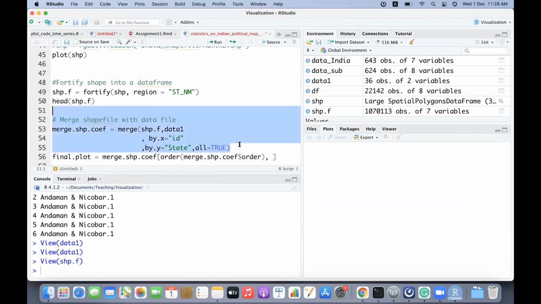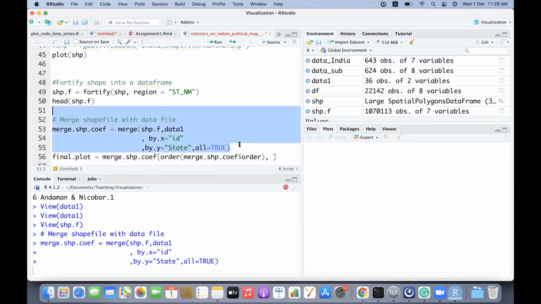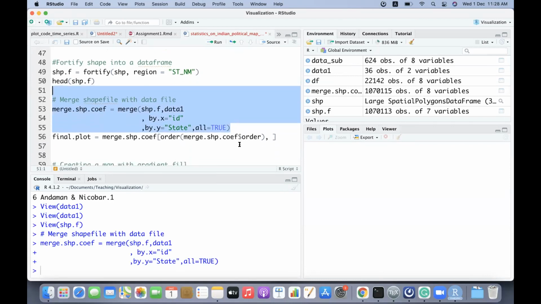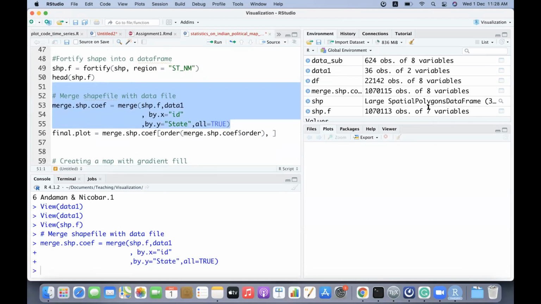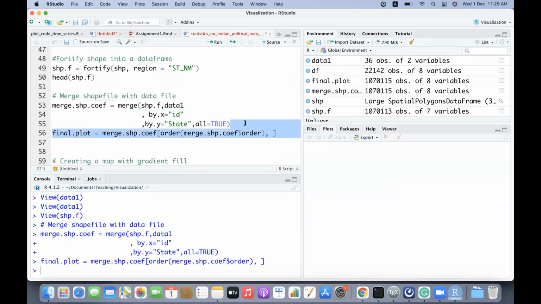If I just do that, it is being merged. You can see that it has 7 variables. The 8th variable is the new column, the number of statistics. Then I'm sorting by state and order.